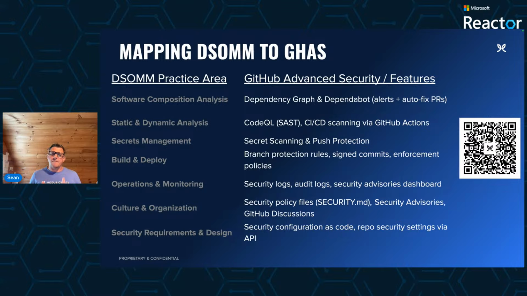And really the payoff here is that instead of a one-time assessment, you get continuous visibility into how your security posture measures up against the DSOM. And this makes it easier to track progress, close gaps, and enforce best practices at scale. Now, in short, when you align DSOM with GitHub security capabilities and automate the checks, you're not just improving tools, you're systematically raising your organization's security maturity, reducing risk, and embedding security seamlessly into the way you deliver software.